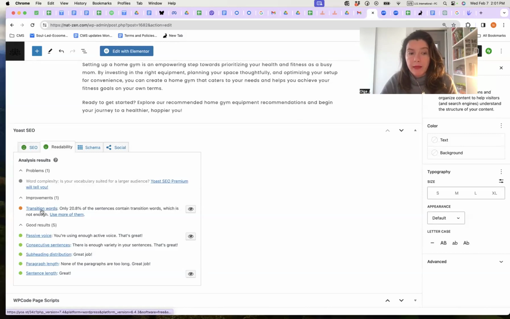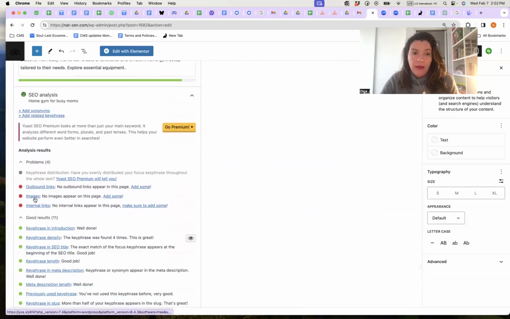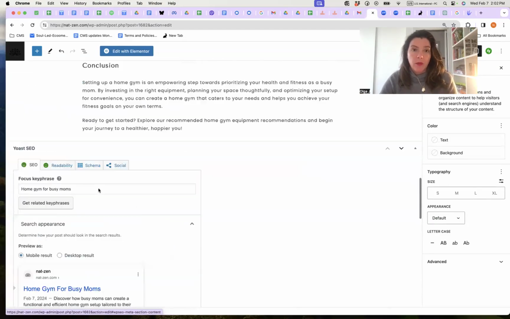Okay. We can even go to readability here, and it says only 20.8% of the sentences contain transition words, which is not enough. So we can even go back to ChatGPT and ask it to add some transition words, say 5% more, so we go completely green here. And yes, we only have images to add, some outbound links and internal links. And that's your blog post